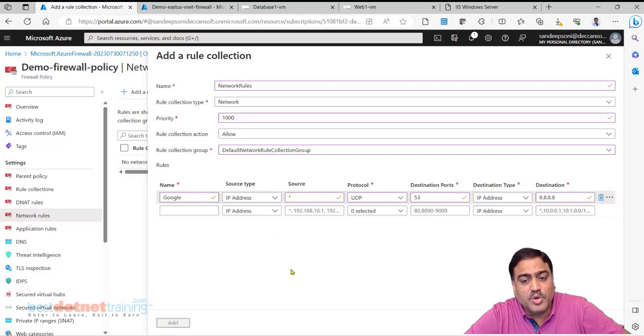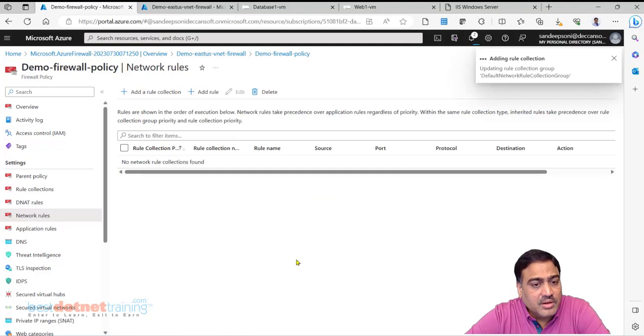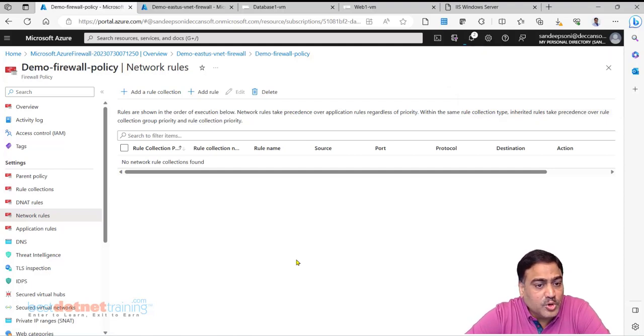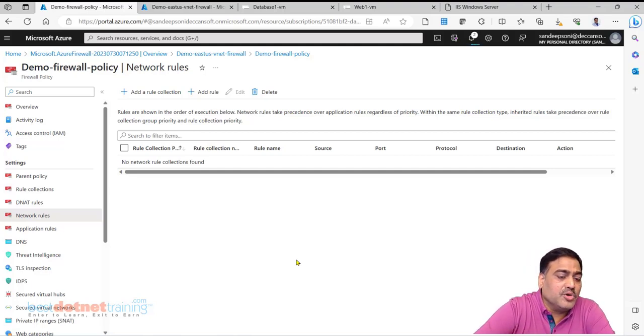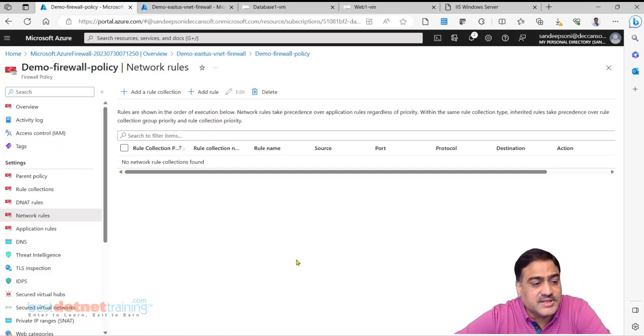So this can be one more addition you may have to make. Suppose your virtual machine is not able to access the DNS server. As of now, no problem is coming because we are having a built-in DNS server of VNet. We can change that DNS server to our own custom machine, or we can say we don't want to use the DNS of our own. We want to use the DNS which is already on internet, 8.8.8.8. Yes, you can do that.